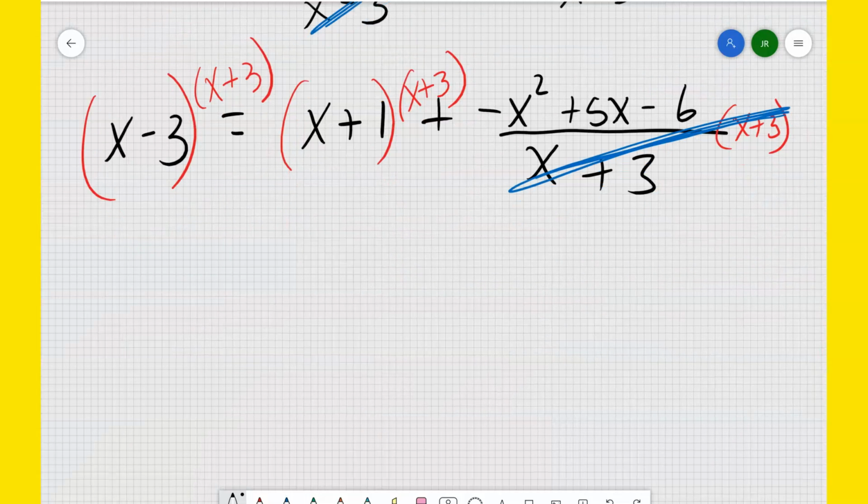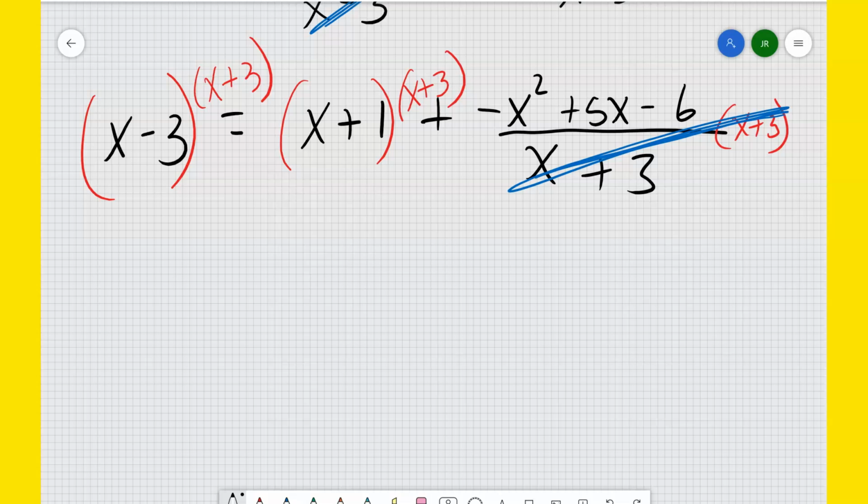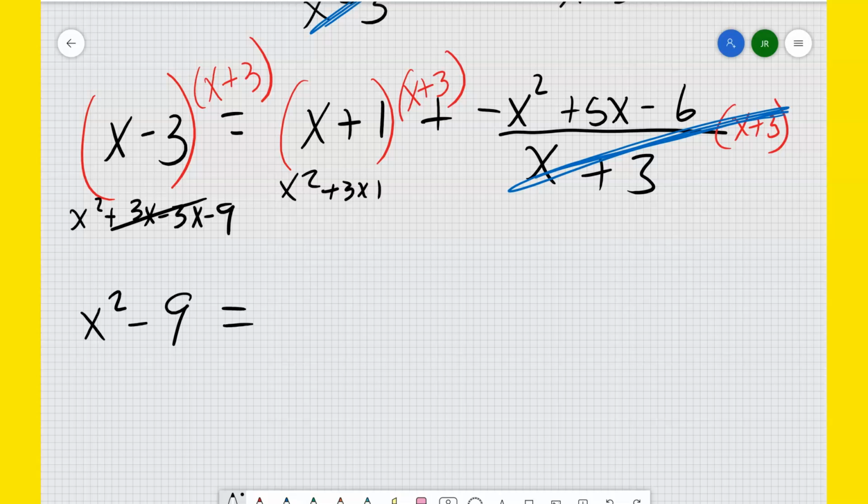And so I have to distribute here. I'm going to write it small. It's going to be x squared plus 3x minus 3x minus 9. And here, so that's going to be x squared, 3x and negative 3x cancel. So it's just going to be x squared minus 9 equals, here I've got x squared plus 3x plus x